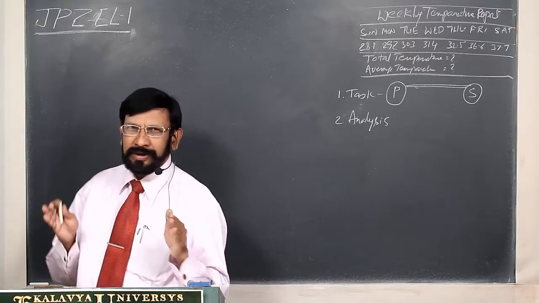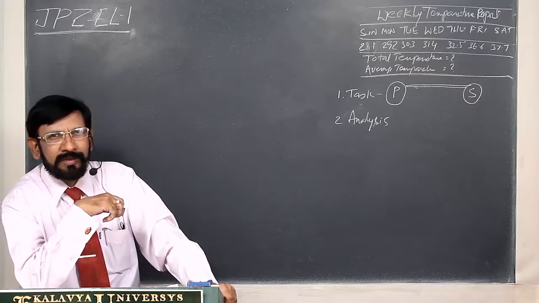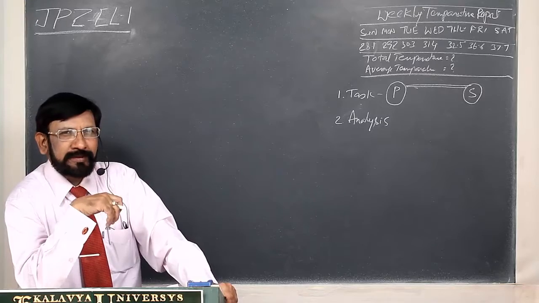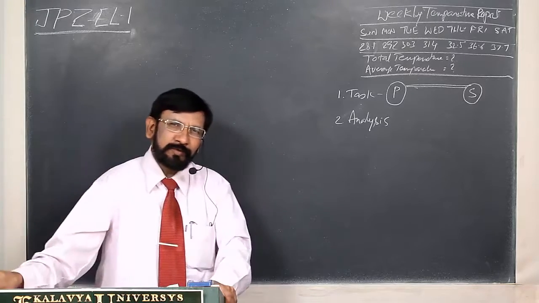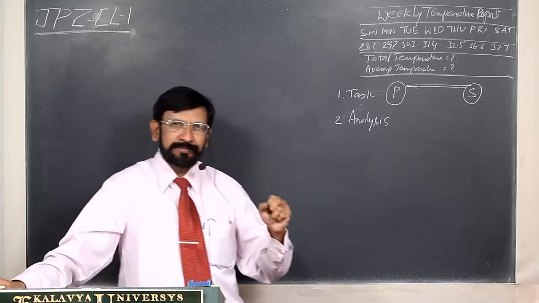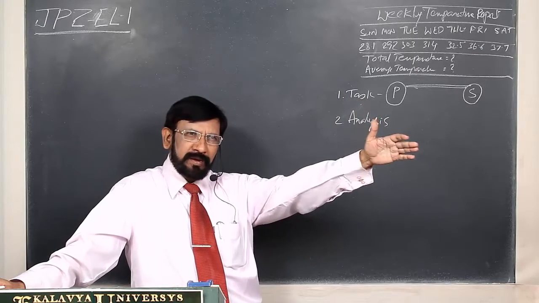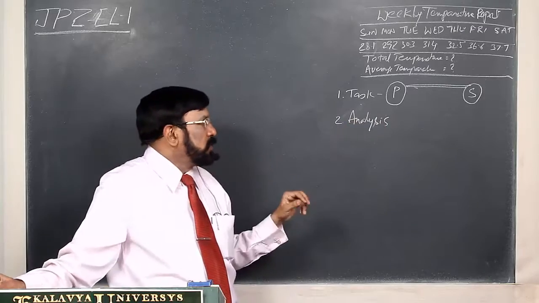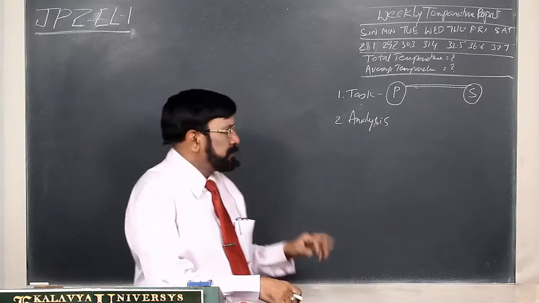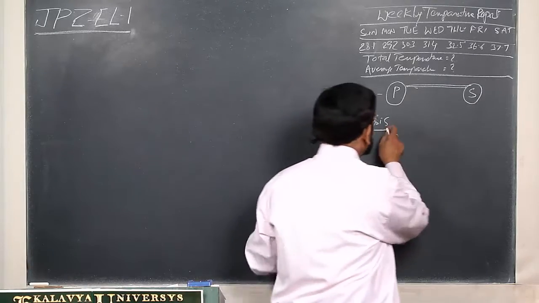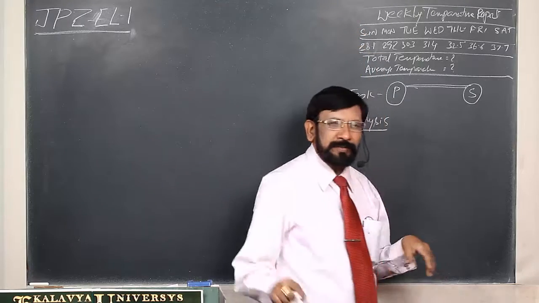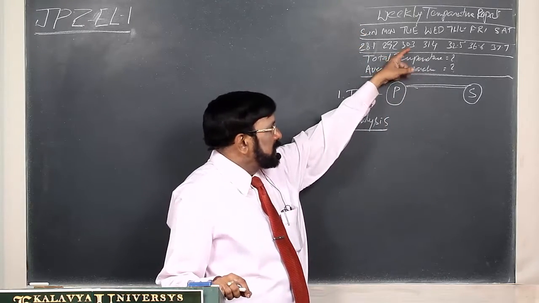Now we have to write an object oriented program. So how to identify an object? This is the crucial thing in object oriented programming. Object is the building block, and based on that we construct the program. So what is the object? If we have to identify it here, you see we are printing one week's temperature in the statement.